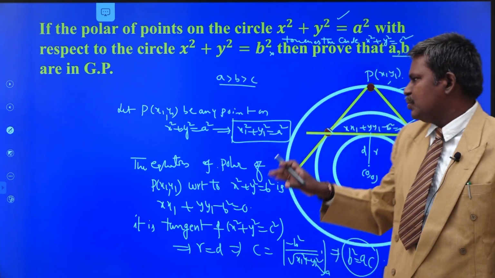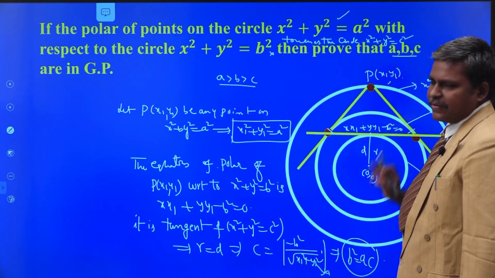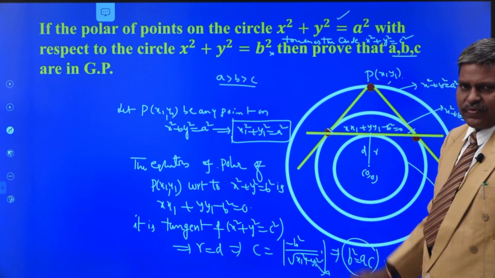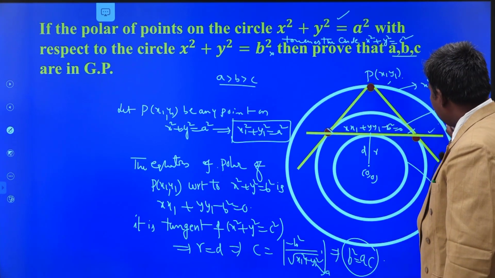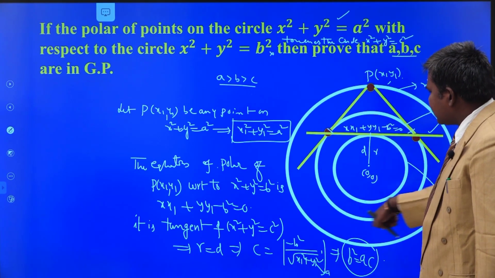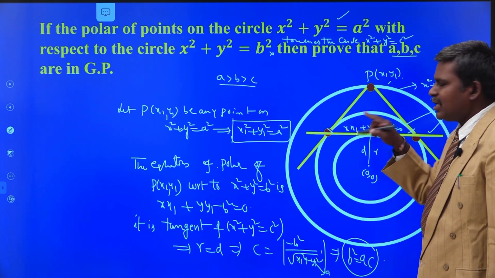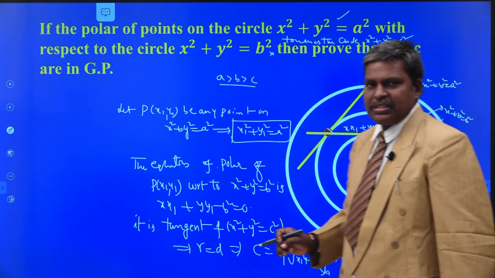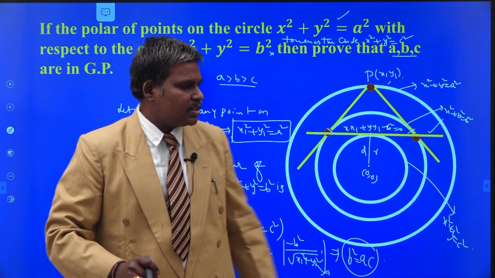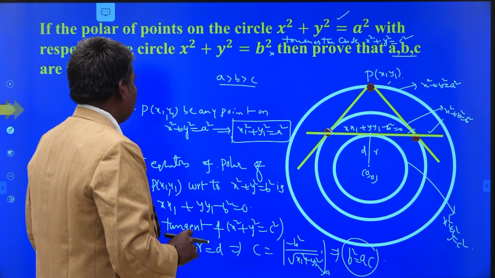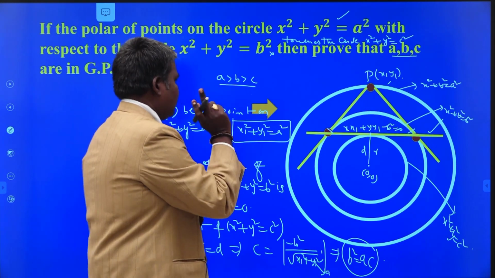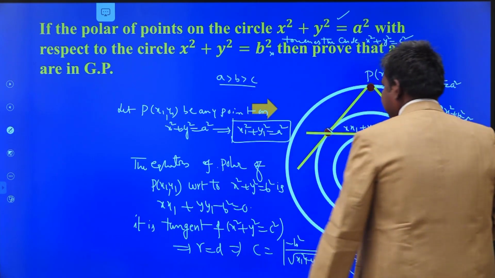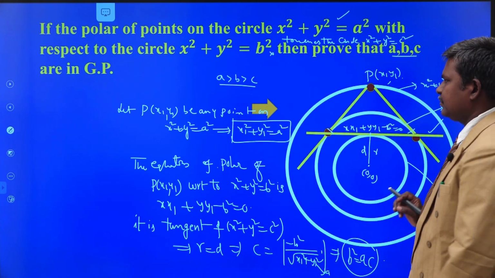So it is a very simple question for you. Take the point on the first circle, write the polar with respect to the second circle, apply the tangent condition for the third circle. So this is the line, this is the polar with respect to the circle, and at the same time this is tangent to the third circle. So you have to apply the small logic here, and we immediately obtain that a, b, c are in geometric progression. Understand? So understand the diagram, and you can easily write the solution. This is the corresponding diagram.